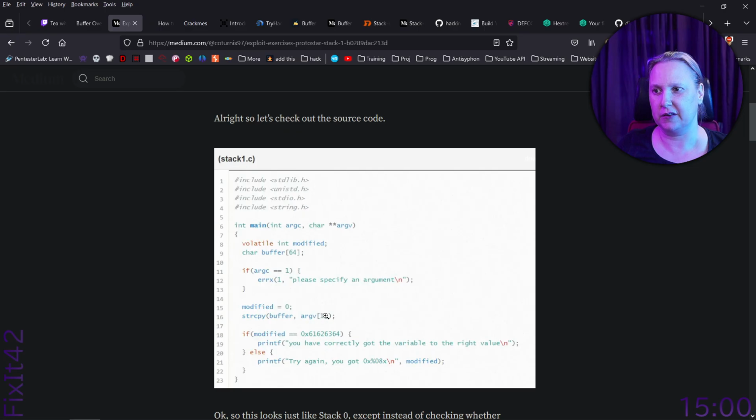It uses strcpy to copy the argument in the buffer. And we're going to get the int to be this in hex. Yeah. 64 it was. Yeah, I think I shouldn't have changed that.